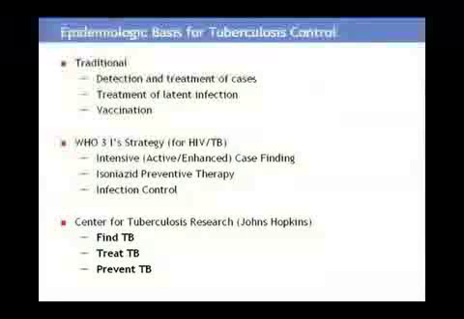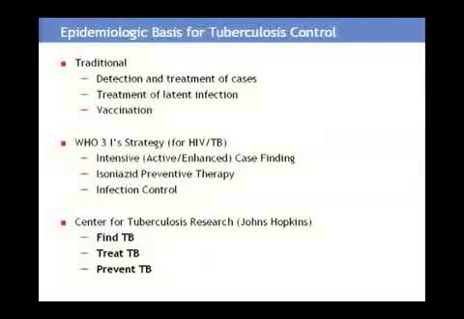Right now, we rely on diagnosing TB by having individuals who feel sick come to a passive healthcare system and get diagnosed. So we have to rely on a person who has TB symptoms to come in, and then we have to rely on the system to diagnose them accurately. However, what the WHO is now recommending for HIV-related TB is to go into the community and try to find the TB earlier and therefore cut down on transmission by diagnosing and treating people earlier.